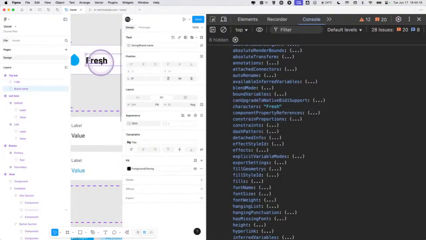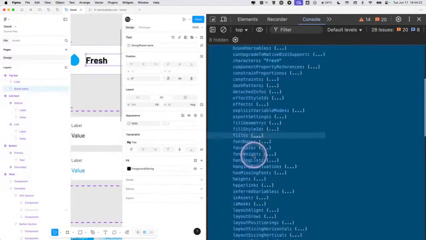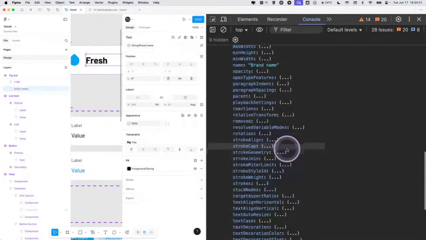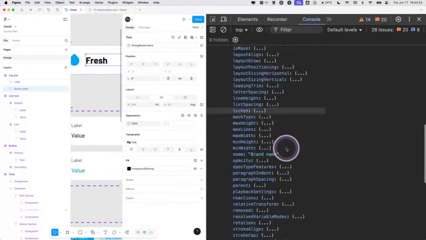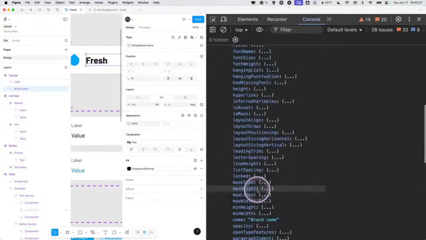It is actually the characters that we can have here. But the name of the layer, which is also the property of this, is brand name. And it's exactly the same as we can see in the Figma's graphical UI. We also can check for, like, width of this element, height, of course,